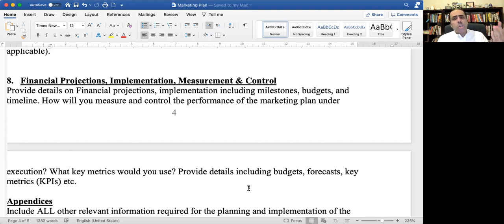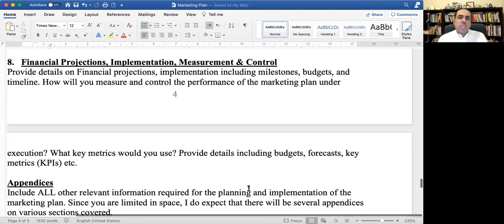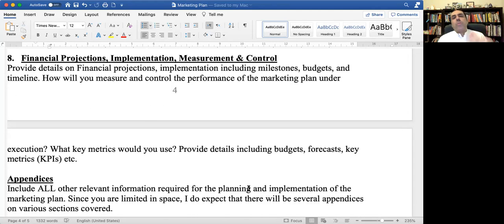So implementation includes things like milestones that you want to achieve by such and such dates, budgets, and timelines, right? How would you measure and control the performance of your execution of your marketing plan, right? What key metrics are you going to use, right? Your KPIs, basically, your budget forecasts, etc. How would we know that we're doing well, right? Besides the original marketing goals, there might be other details that we need as